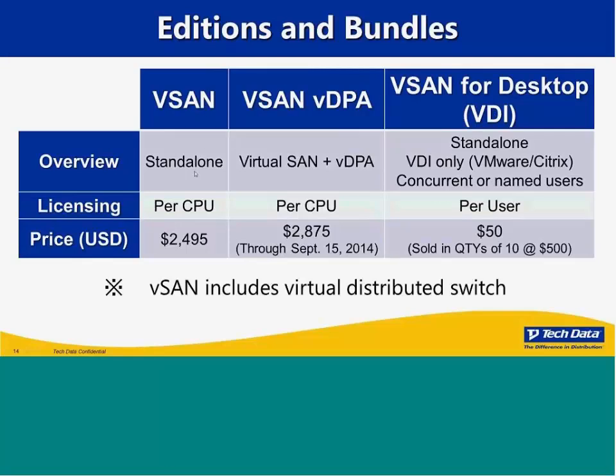For vSAN standalone, as you can see, the vSAN standalone and the vSAN VDPA bundle are licensed on a per CPU, so that's a per socket, obviously. If you had your 3 hosts with 2 CPUs each, that would be 6 licenses required on either VDPA vSAN or vSAN on its own. The price of vSAN is $24.95, and then the vSAN VDPA bundle, as we say, it's on promo. vSAN for desktop works a little bit differently. It's standalone. It's for the VDI environment only, VMware. There's also Noel, I don't know if you want to touch on this or not, but a little bit of interplay with Citrix. Is it Zen Desktop as well? If somebody wanted to.